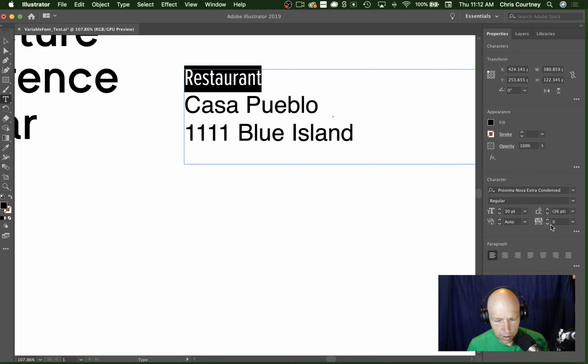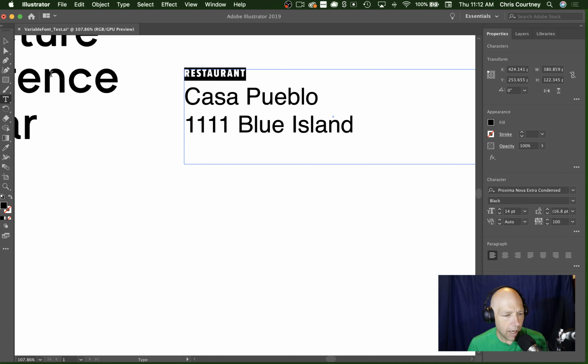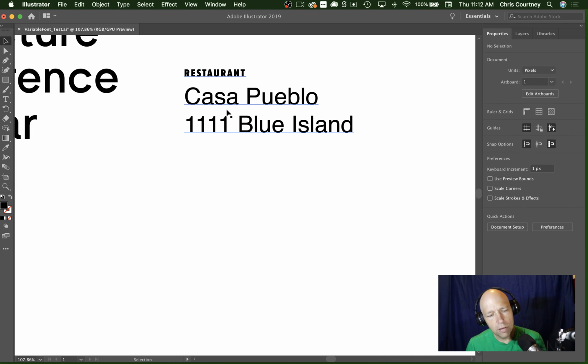And I'm going to go ahead and convert this. Let's go ahead and make that all caps. And let's go with this further. Let's go ahead and shrink this down. So I'm going to say 20. And then I'm going to make it really heavy. Give it black, and then let's go ahead and space it out a bit. And now let's take it down to even more. So 14. And now you've paired two sans serif